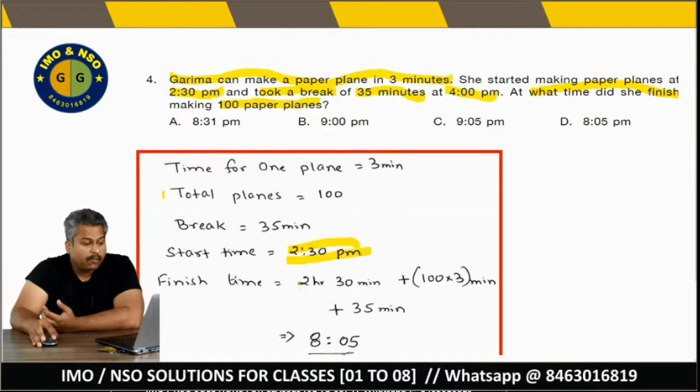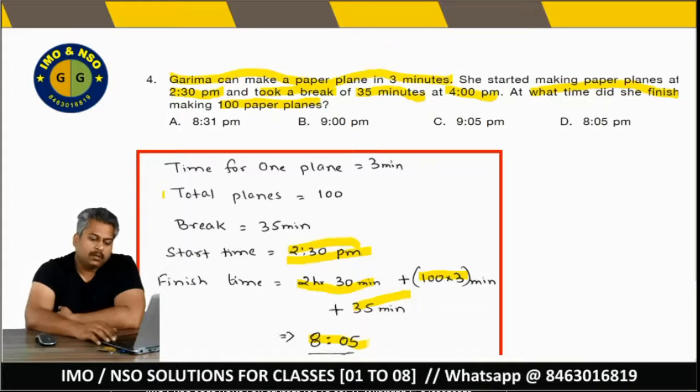So, from 2 hours 30 minutes, we will add total time for making the paper planes as well as the break time. So, if we add all these things, what will be our answer? It will come out to be 8 hours 5 minutes. And since the starting time was PM, so we have 8 hours 5 minutes PM as the answer. Okay. Now,